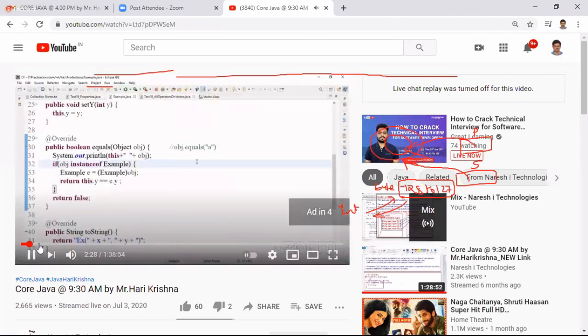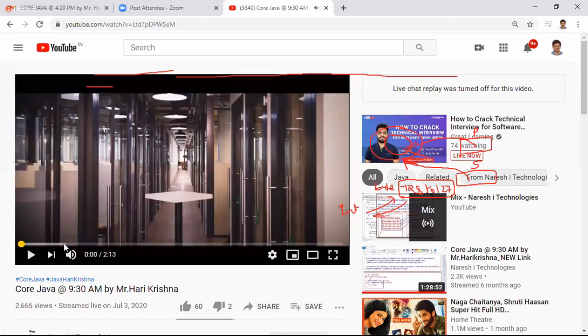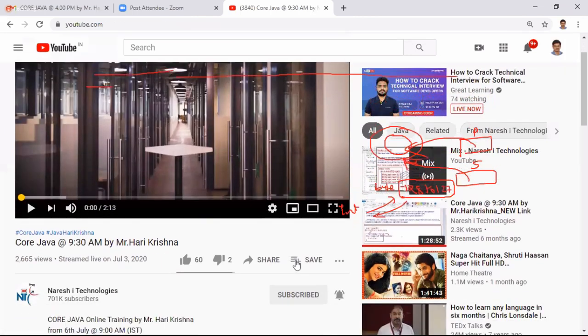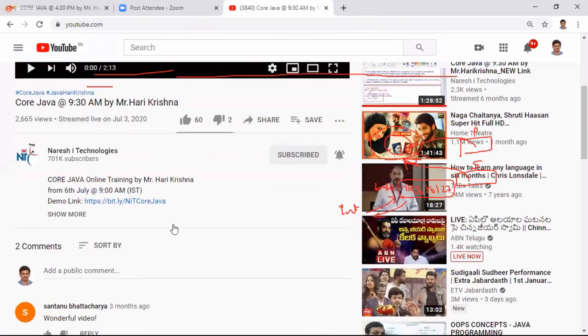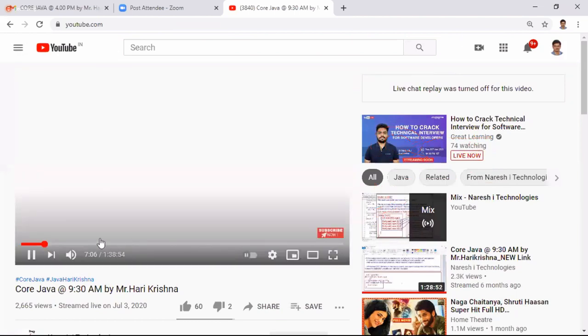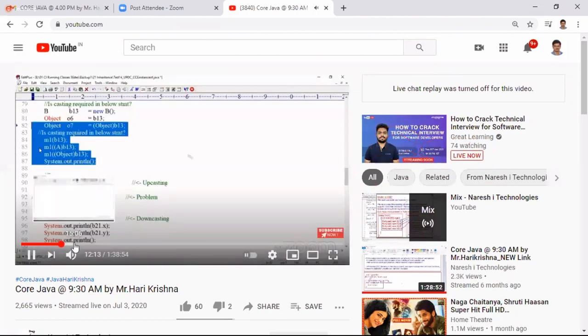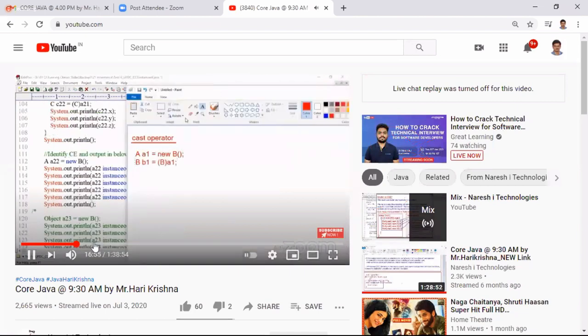Now in a collection's contains method, the object coming from... what is the compiler doing?